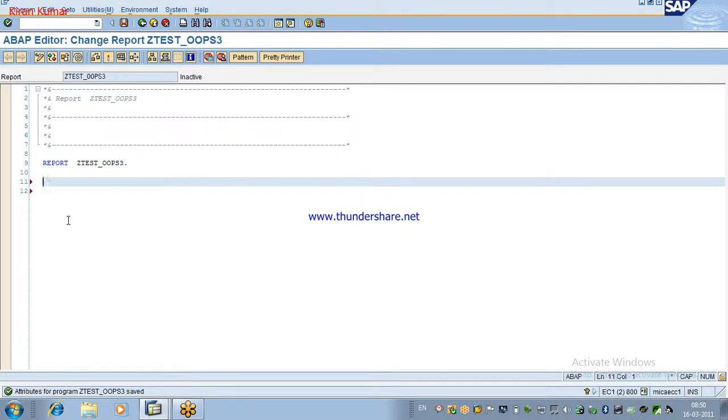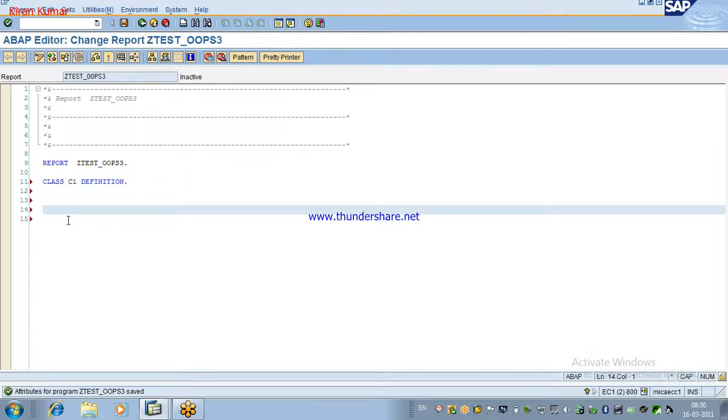This is just like we can create a structure in SE11 and also in SE38. In the same way, I am trying to create the class here itself. So the syntax is class, put some name for the class. I will say class C1 definition, end class. This is the beginning statement and this is the ending statement.